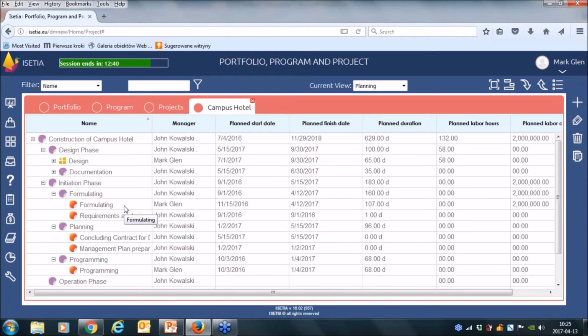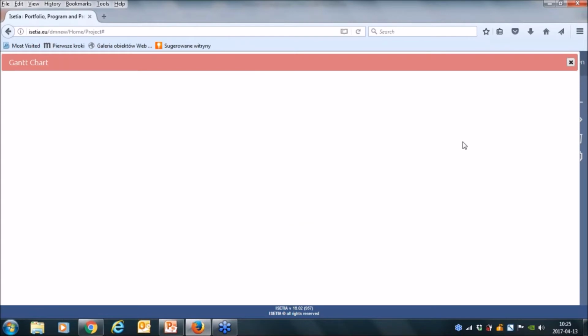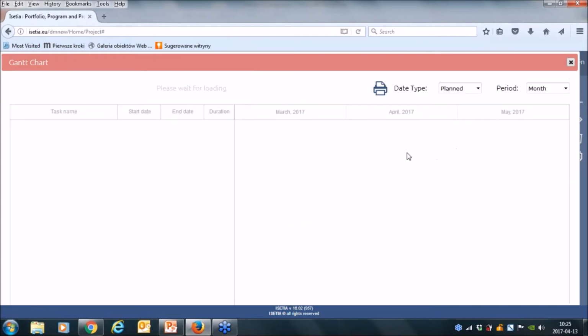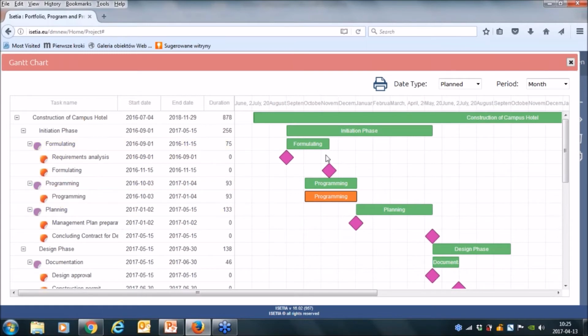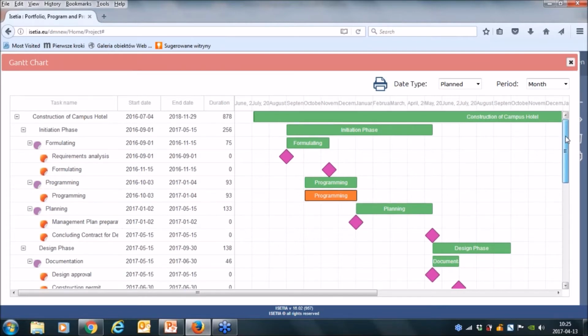Now I will show you our proposal and how we can manage such a situation. Of course, we are not against the traditional approach. You can see our schedule on the Gantt chart, with all activities, milestones, and so on.